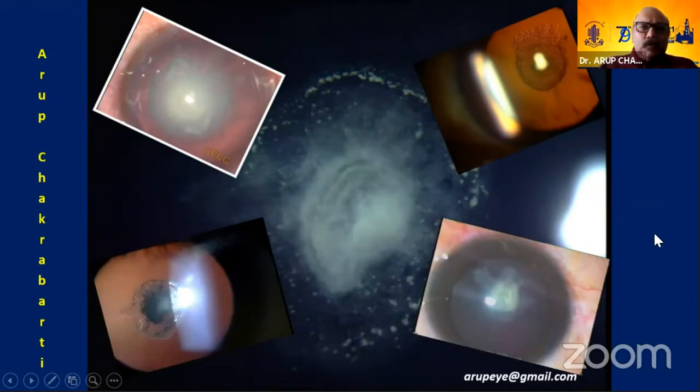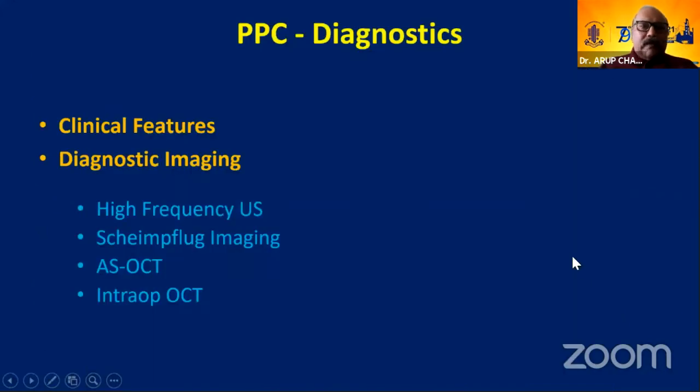So they are very easy to pick up. In certain situations, when they come with advanced nuclear sclerosis, in a brunescent cataract, where the underlying posterior polar component may be concealed, if you look at the fellow eye, and it happens to be aphakic or pseudophakic with a PCR,